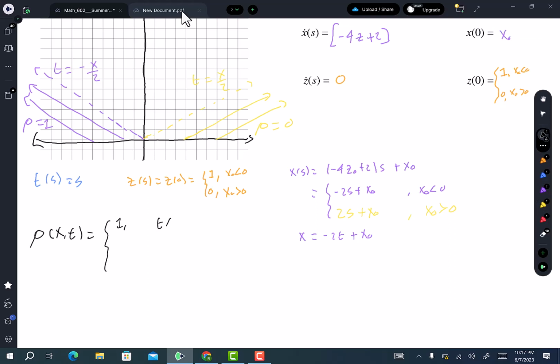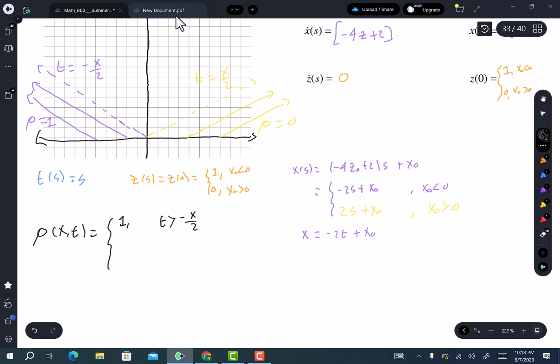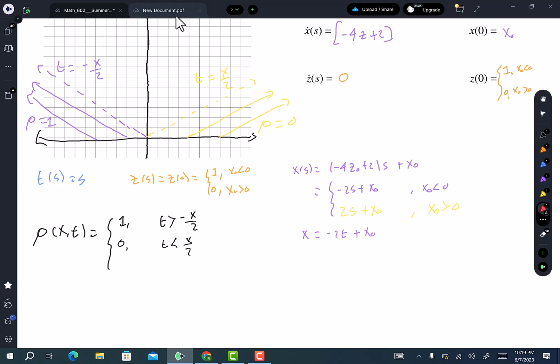when t is less than minus x over 2. t is greater than minus x over 2, and we know it's going to be equal to 0 when t is less than x over 2. Now we need to figure out what it's going to be when t is in between these two, so points that are in this part